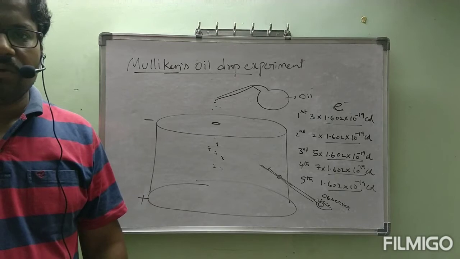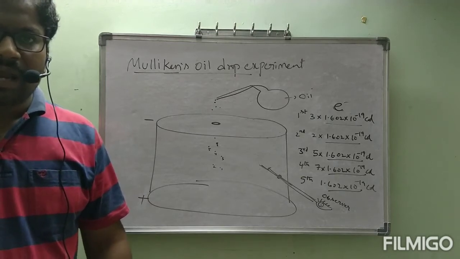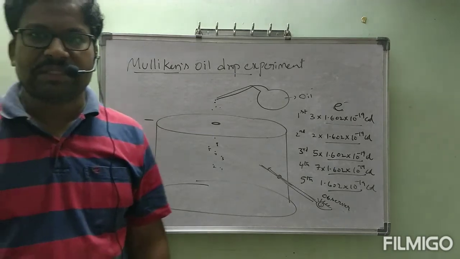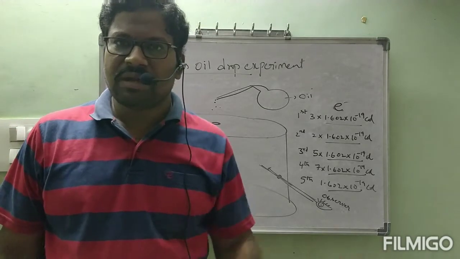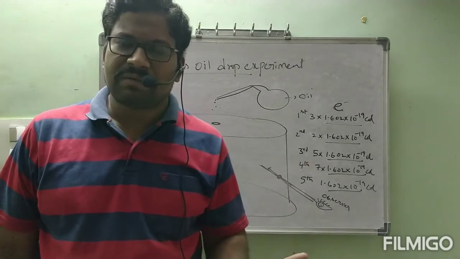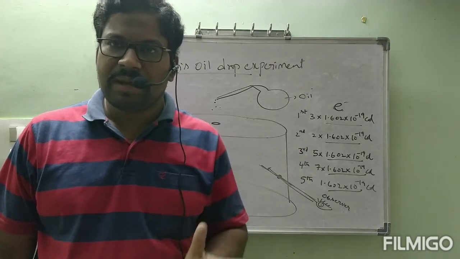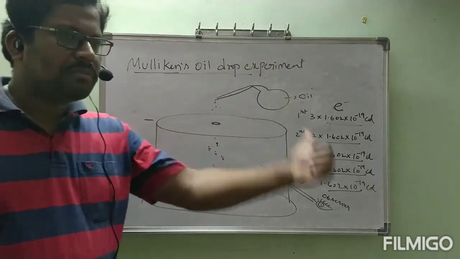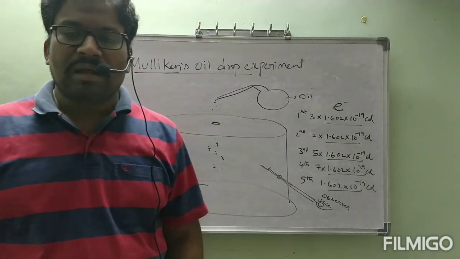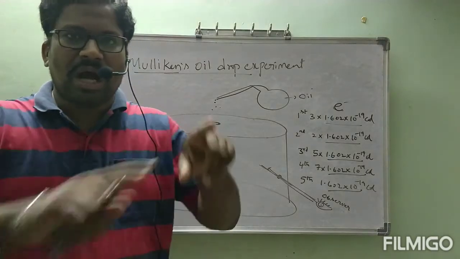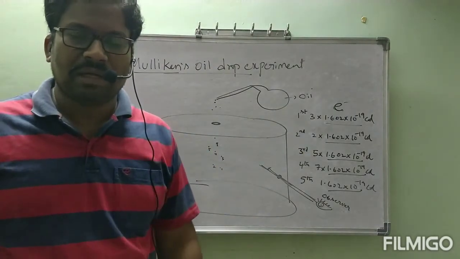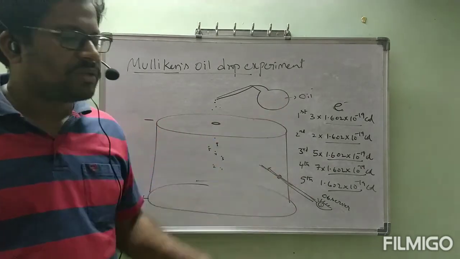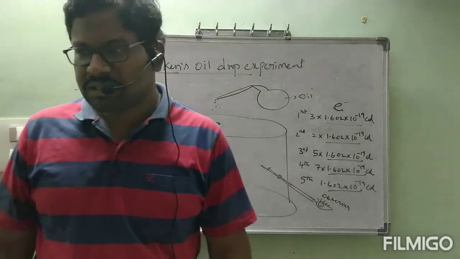This is the complete information regarding cathode rays and anode rays. We completed the discovery of cathode rays, discovery of anode rays, properties of cathode rays, properties of anode rays, the e/m ratio, its use, and how we calculated the mass of the electron. After the discovery of the neutron, I will write all 3 particles in a tabular column, and at that time you can note it down more clearly. I hope you are very clear about this topic.